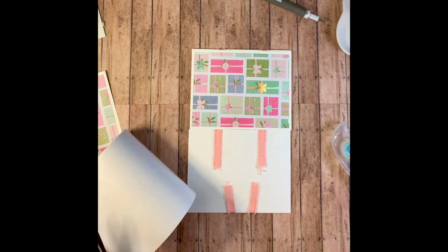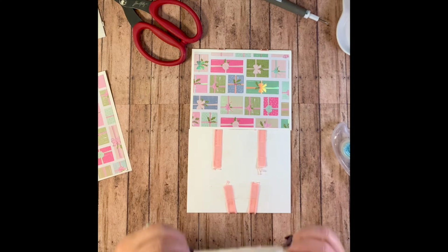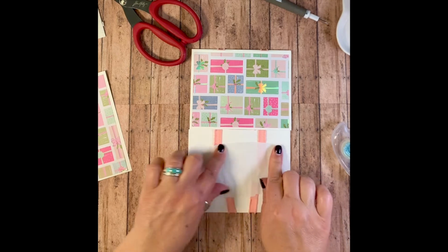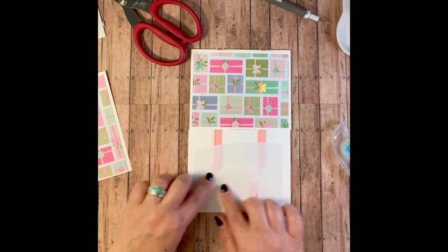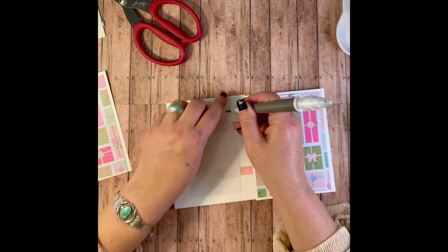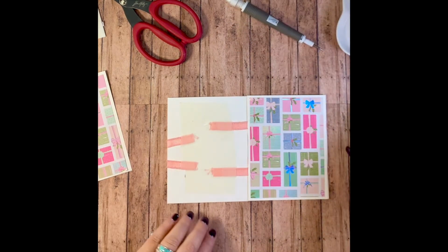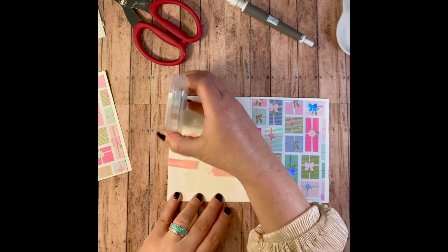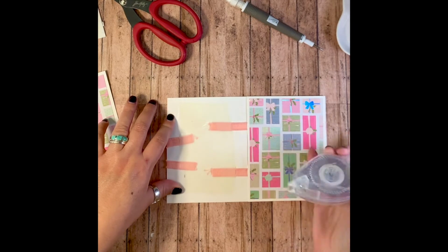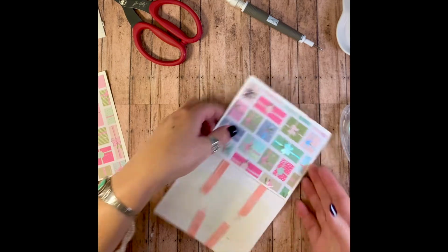And remember, because this is a magic card, a card that's going to be manipulated, make sure that you secure everything to your card appropriately. It's definitely a card that will be played with a little bit. Okay, put this down. Okay, and then